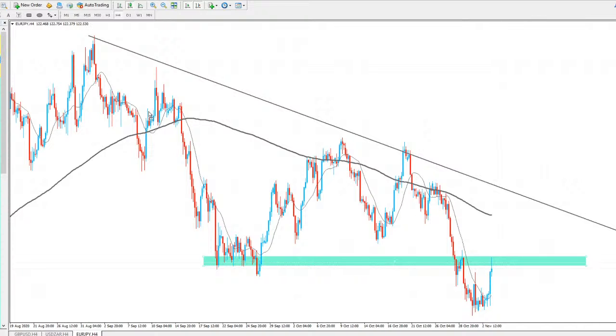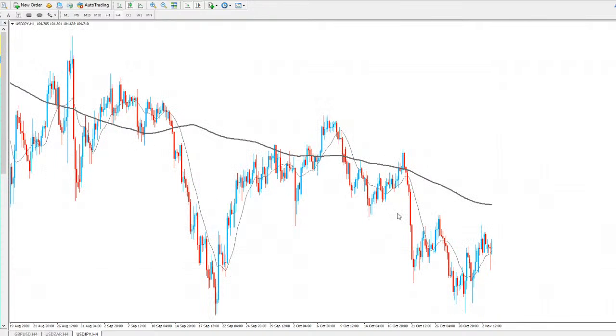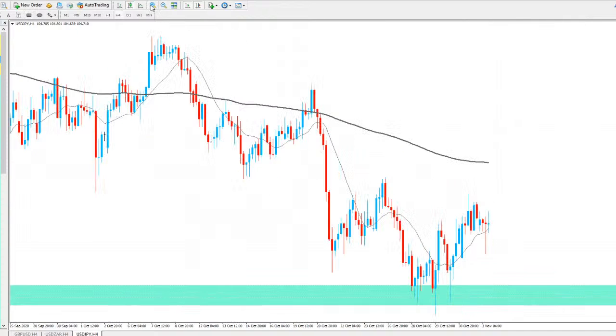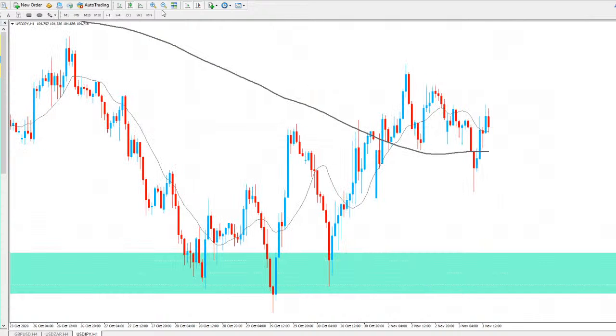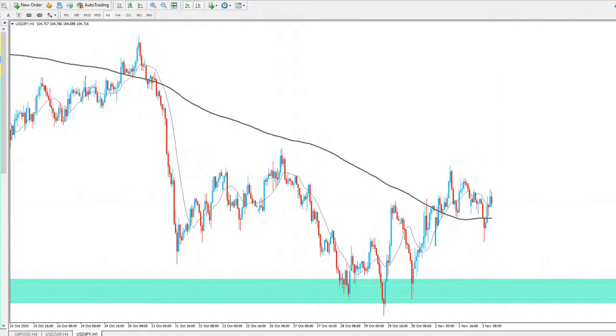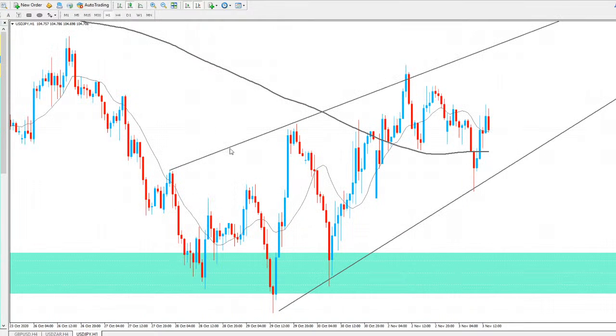I'll take a look at USD/JPY now. Okay, so if you're buying USD/JPY, again a bit tricky with this one because we do have support along here, but as you can see, the price action to the upside is not really as clean as we probably hoped for. We were ranging for a little bit, pushed to the upside, and now we're just kind of moving to the upside slowly. But again, not the clearest of trades here. On the hourly time frame, we've got a bit of a trend line running through the market there. And again, we've got a trend line running through the market here as well. So for me, again, not really clear.